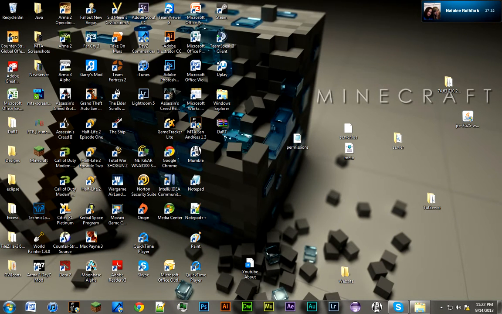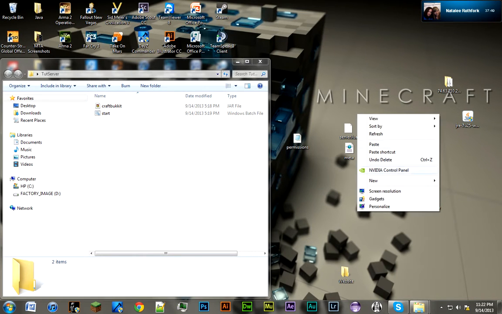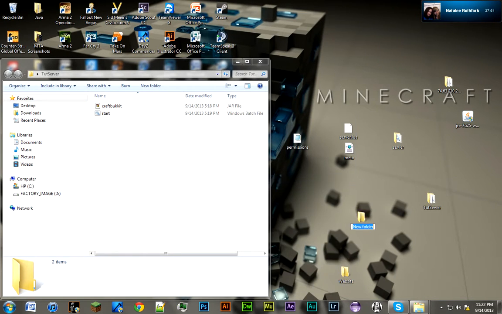Hello guys, today I will be showing you how to make a test server. It will work as a public server if you do all the port forwarding and stuff, but sadly I will not be showing you how to do port forwarding in this tutorial, but I will give you a link to it if you want. Anyways, you can start out by creating a regular folder, not a .rar, not anything, just